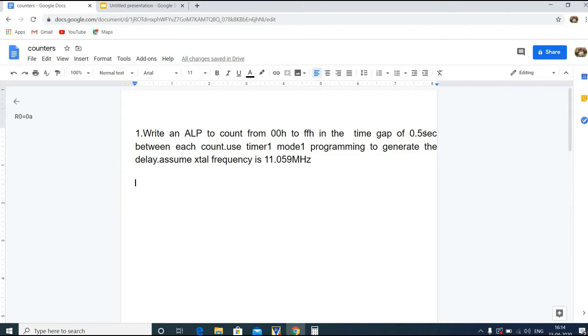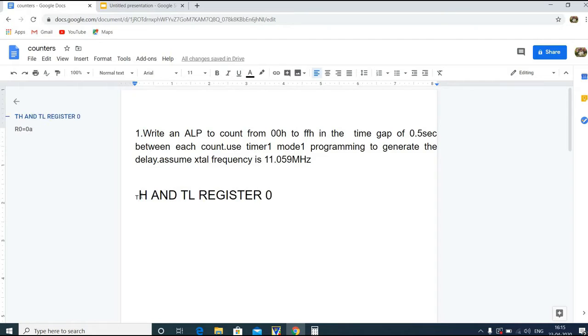Okay, so before that, first we'll see what is the maximum delay that can be generated using mode 1 programming. In the earlier video, I explained that the maximum delay is possible when the TH and TL register content is 0.